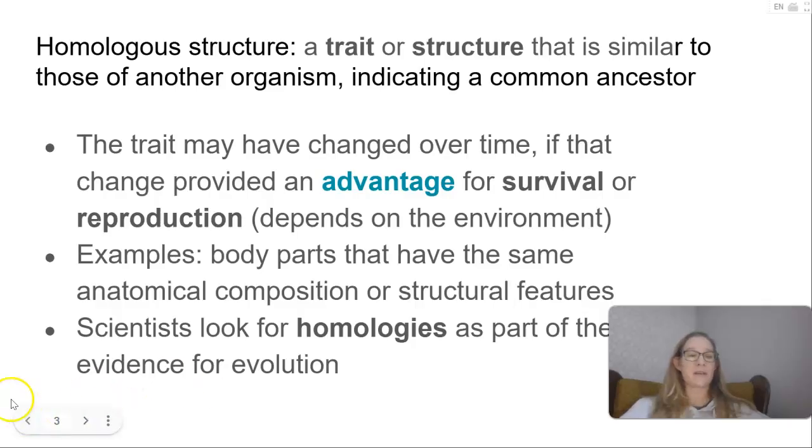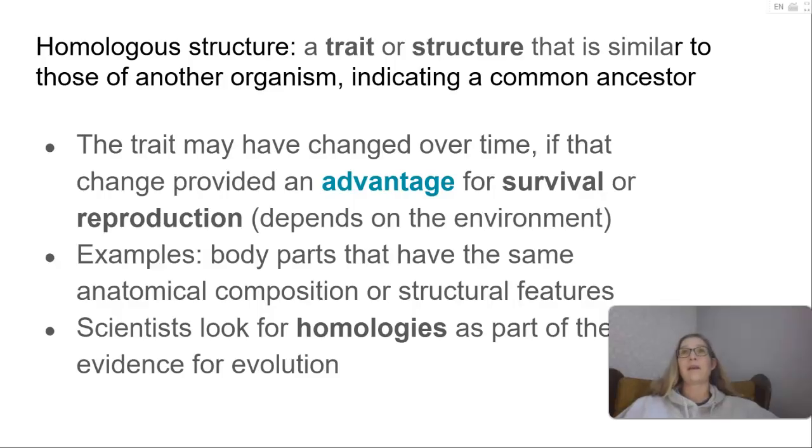Okay, so a lot of these have to do with similarities across species, across organisms. And one of these structures is called a homologous structure. Homologous means similar, right? A similar structure. And this is a trait, right? A feature, a characteristic, or a structure that is similar to those of another organism. This indicates common ancestry. This trait may have changed over time if that change provided an advantage for survival or